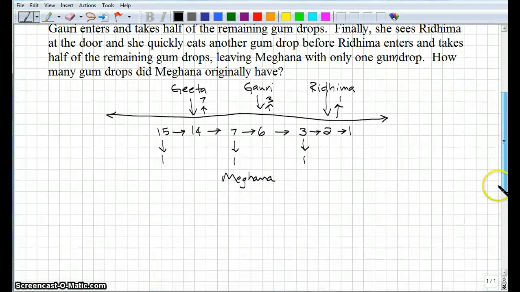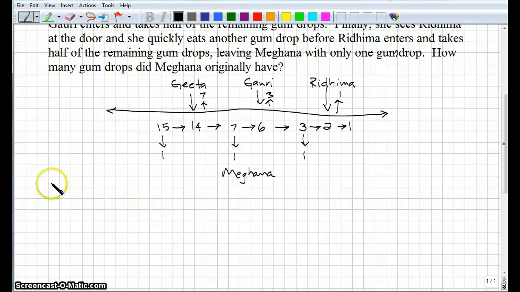Actually, the first way that I solved this was to say, well, let's see, she had x to start with, she ate 1, and when she shared the gumdrops with Gita, then she had half left. Okay, and then right before Gari entered, she ate one, and she shared half with Gari, so she